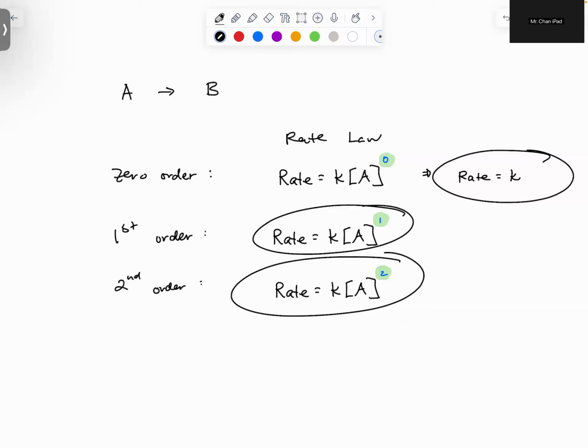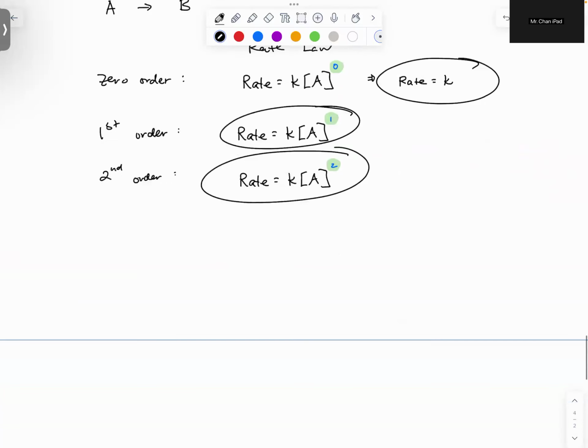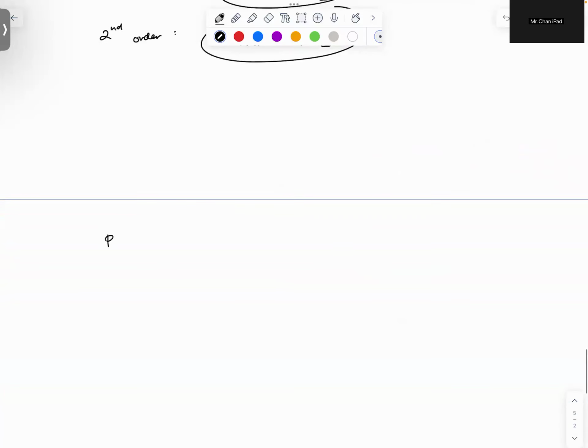Cool? All right. Now, if you're good, let's go ahead and practice something. But before we do, I also want you to remember this quote. Rate law can only be determined experimentally. That's why you will see some questions on,